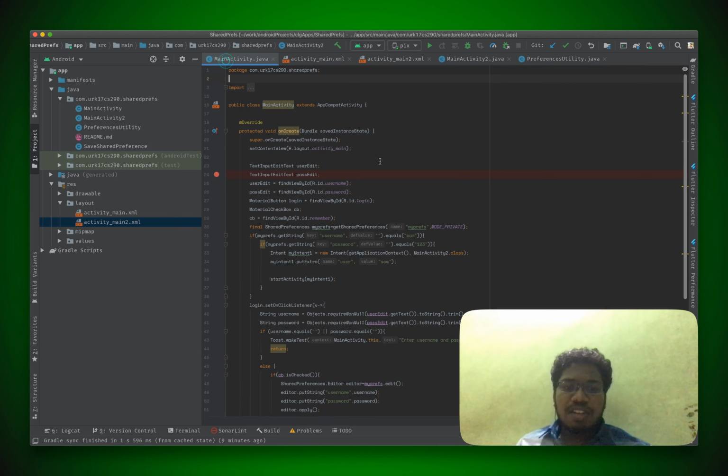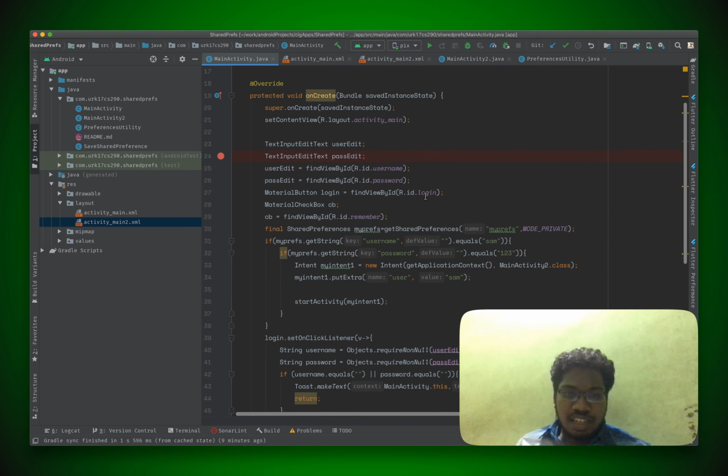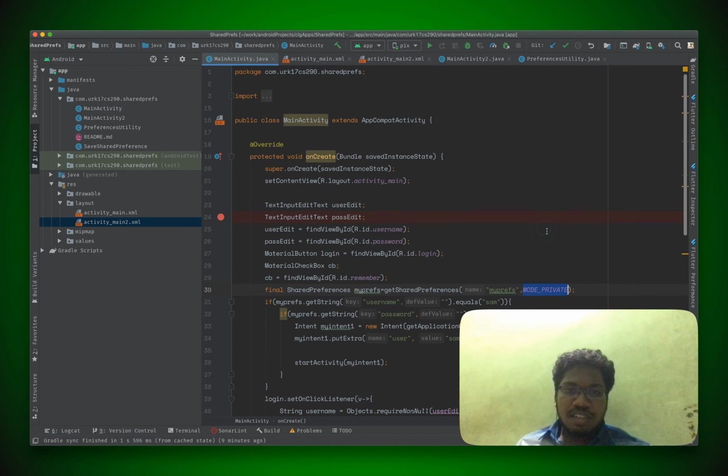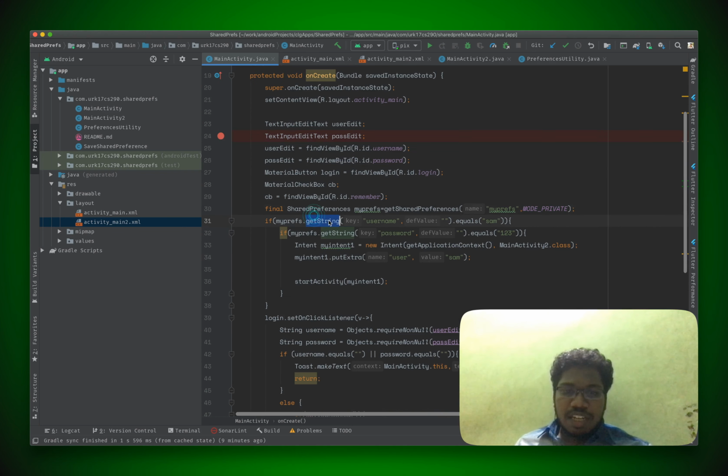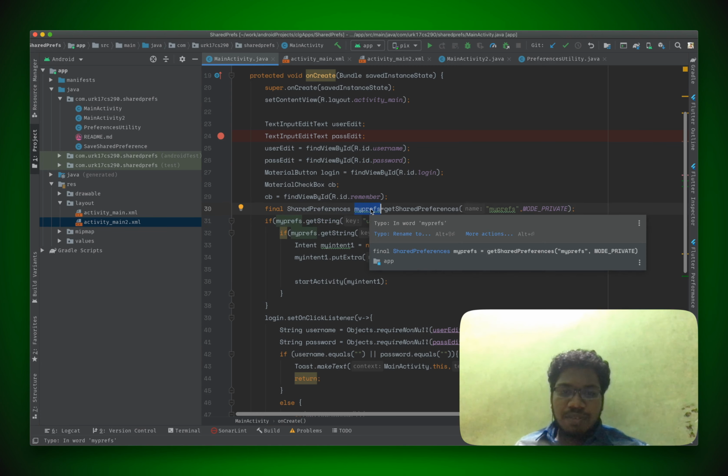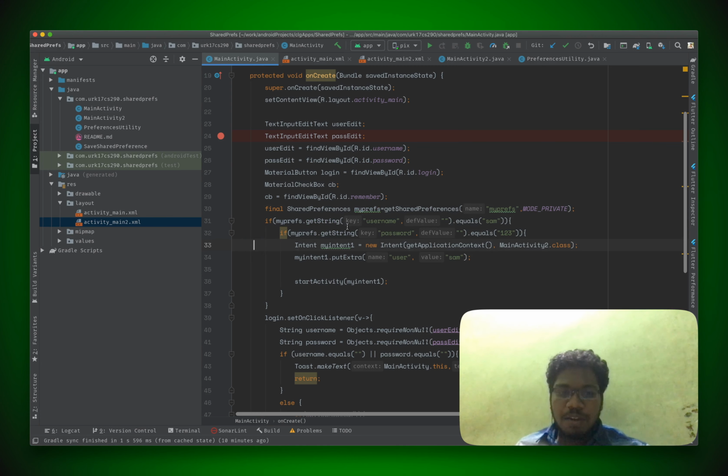If you want to see where we are creating the preference, it's right here. So here also the same thing, getSharedPreferences, myPref, and then MODE_PRIVATE. After getting it, here we are going to check by reading the data from the shared preference. So here the shared preference is stored in the myPref variable. It is usually stored in key and value pairs. So I am going to say getString, and pass username, which is the key. The default value would be empty.